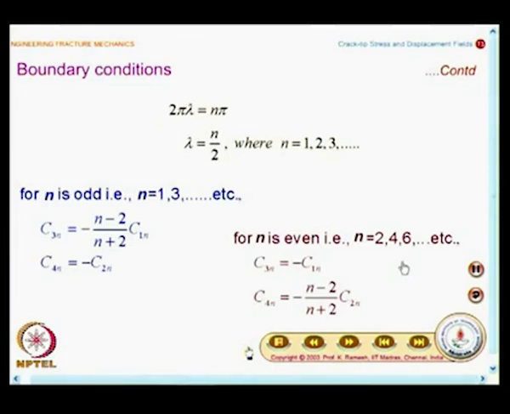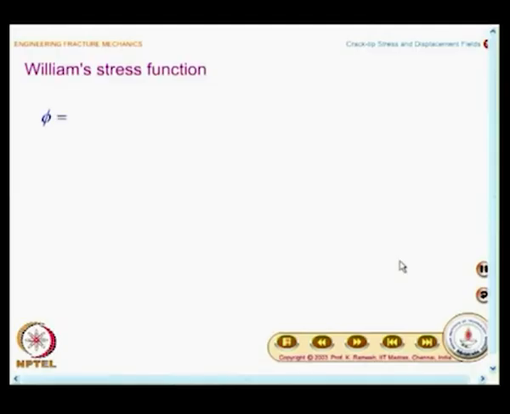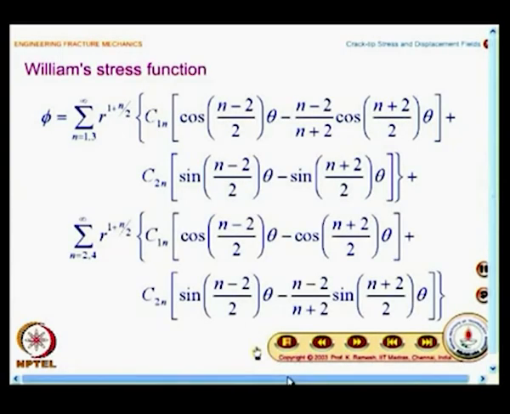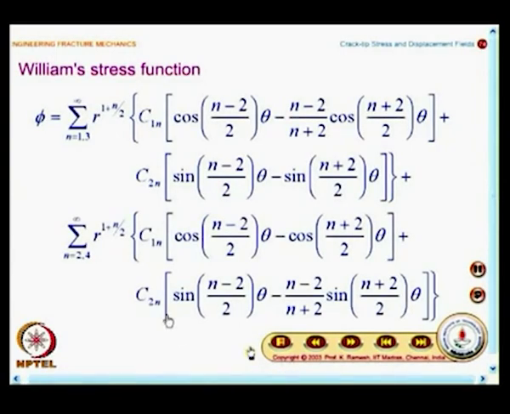So now we are ready to write the stress function completely. Whatever the exercise that we did in the last class has helped us to write what is the stress function for this class of problem, and the stress function turns out to be like this. Mind you, in this class you have to write long expressions, there is no other go. So what I would do is I would also read it for you. The stress function phi